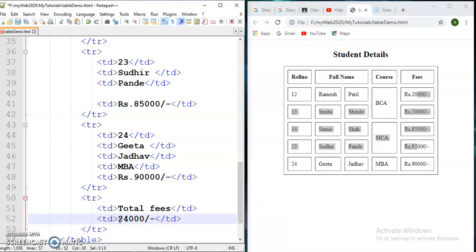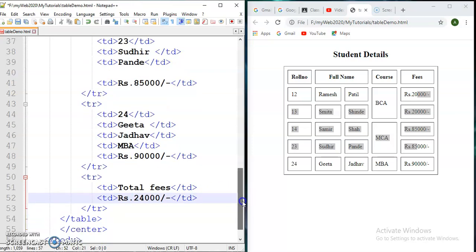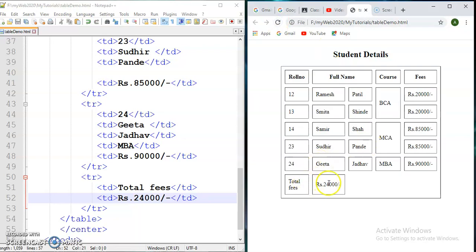Suppose I am not calculating, but you suppose it, and if we run, then it looks like this.